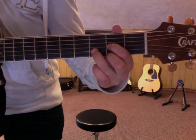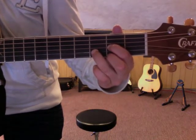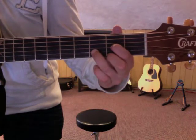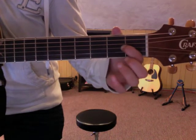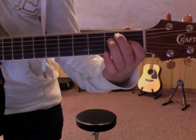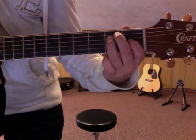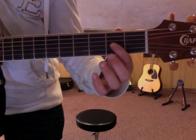Now I told you there was an easy way to get between your D chord and your E chord. So if you leave your first finger down and take the other 2 away, slide your first finger forward. And then you can put the other 2 fingers down for your E. So let's go back to our D. So we got D,